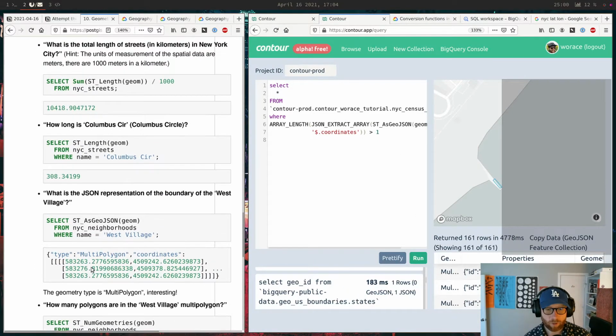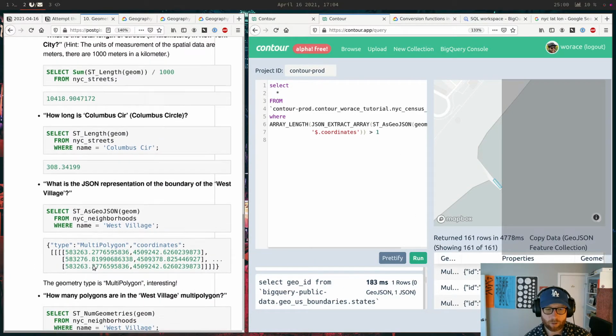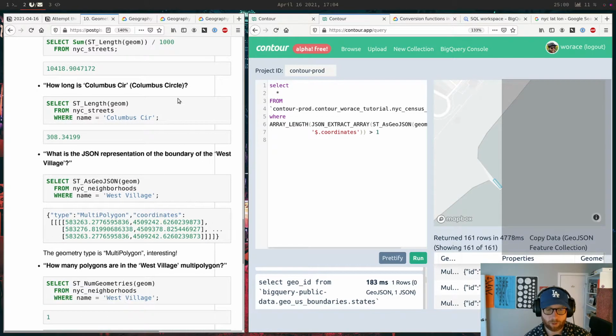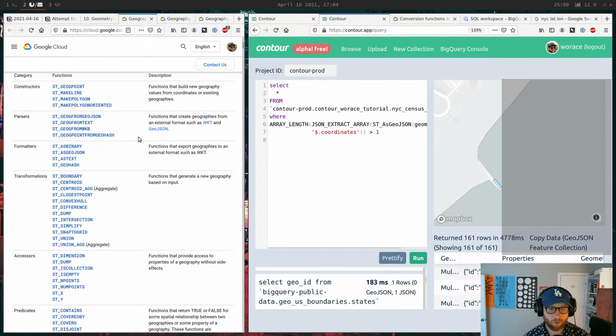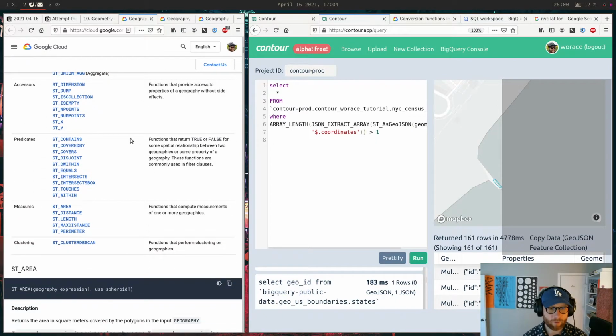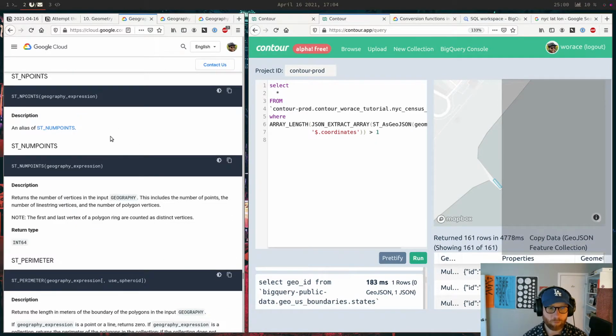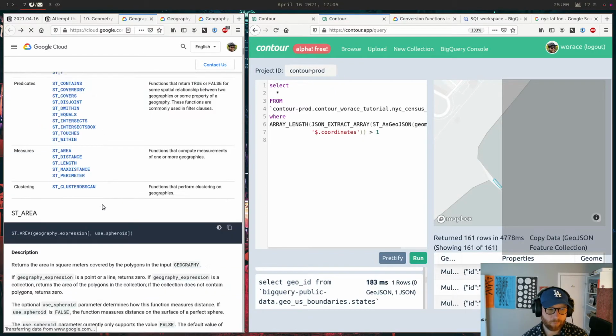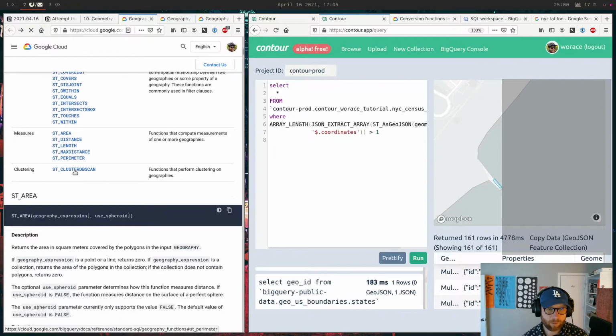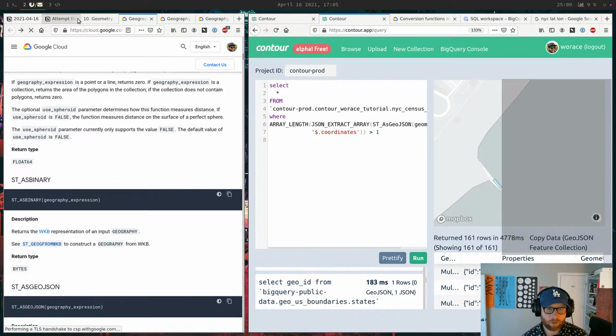So that's fun. How many polygons are in the West Village multi-polygon? Yeah, see, this is what we don't have: num. They actually don't have a lot of stuff. It's actually a little surprising. Oh, here's num points. But number of points doesn't help. That's not the number of geometries. So that's not super helpful. All right. Anyway,